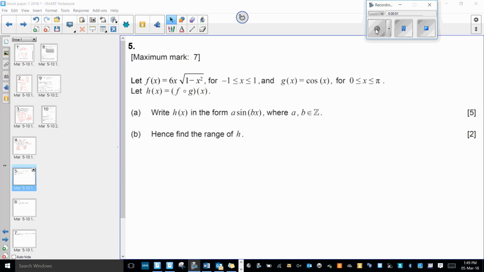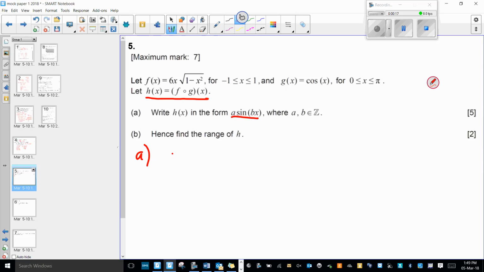We've got h is a sine bx. Well, that's the format we need to write it in. So we're looking at h. H is FOG. What does that mean we have to do? Put G into F, yes? So this is now going to become 6 lots of cos x